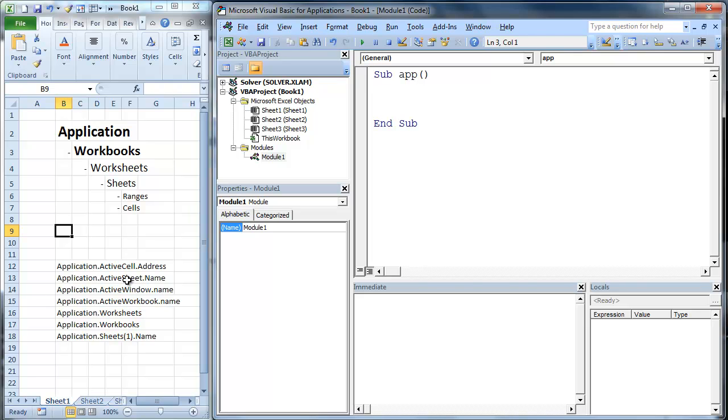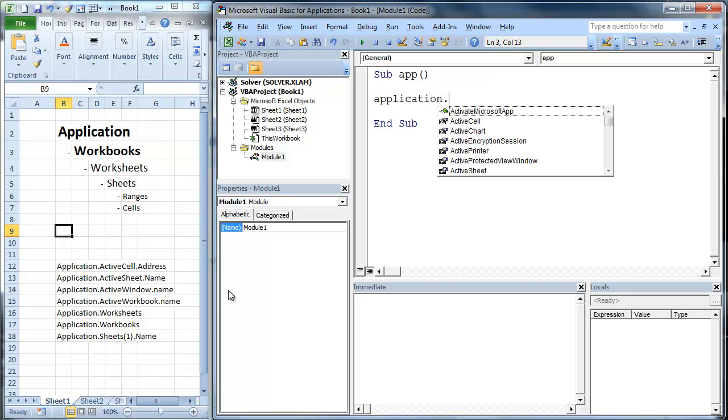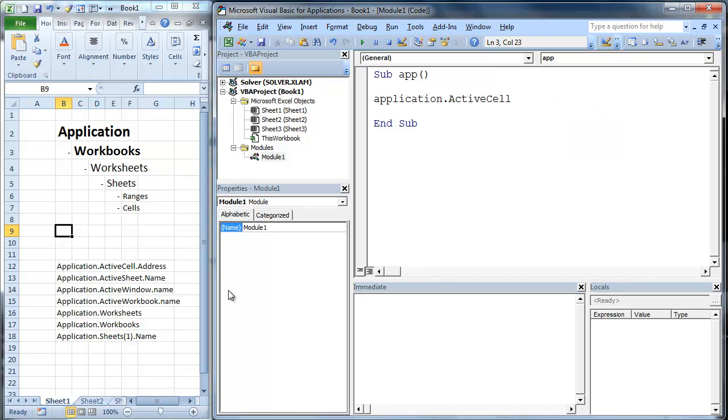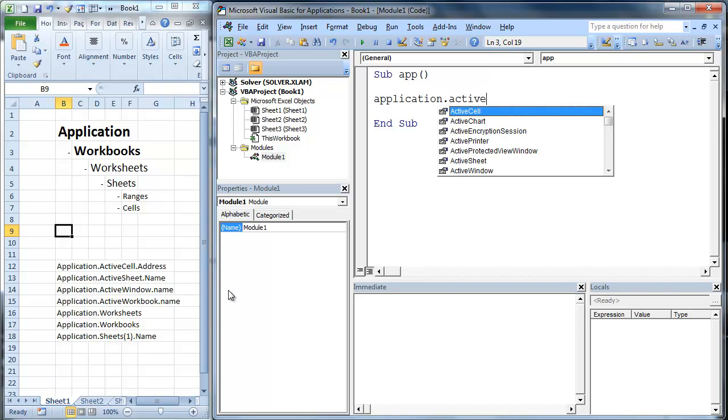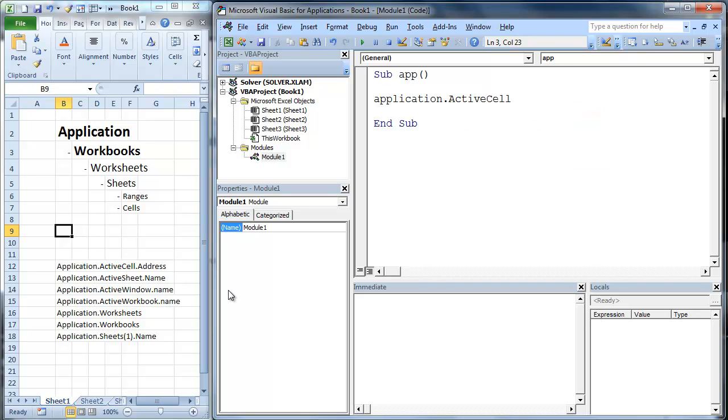And we're going to go and do these codes that I have over here on the left. So we're going to go application dot. You'll notice that the IntelliSense pops up. So we're going to go active cell. You'll notice that it has a little number there. You can hit tab, and tab's going to activate that. Since it didn't have the little green icon, that means you need to put more code to it. What we just want to know is what the address is, which is a really common